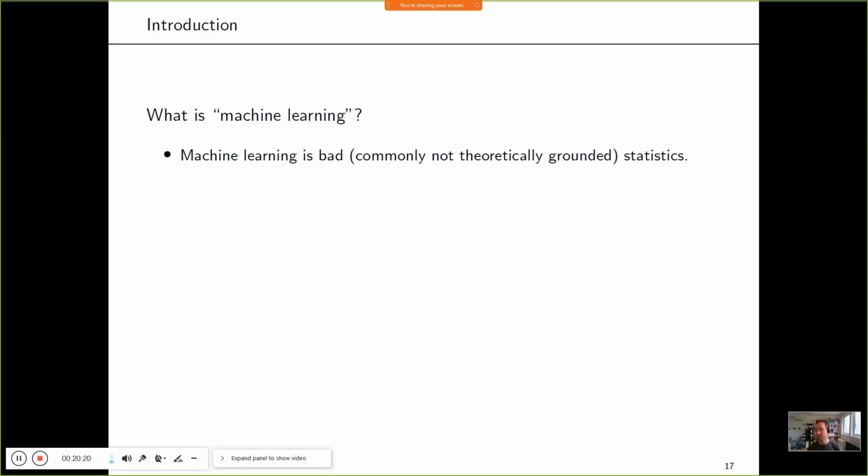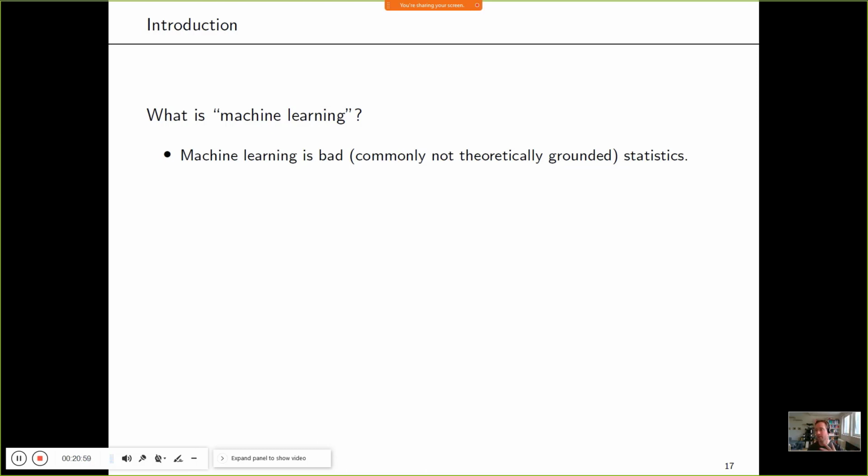And so machine learning is kind of an algorithmic approach: let's put something together, and let's worry about the theoretical underpinnings of what we're actually doing later. So in this sense, machine learning is bad statistics, because statistics is already mathematized. At one point, the things that were done were just proposed as algorithms, like for example ANOVA. For a long time that was basically putting together some formulas, and only later the whole theory of the